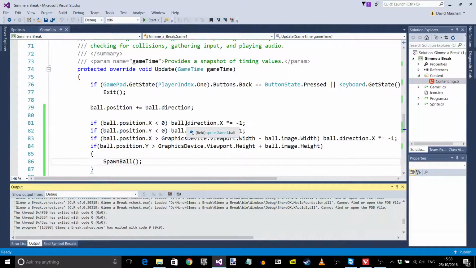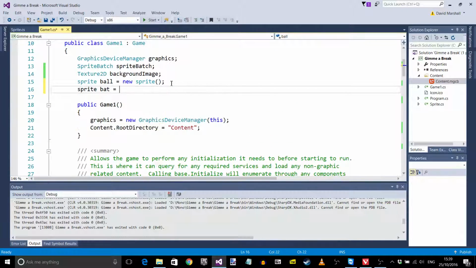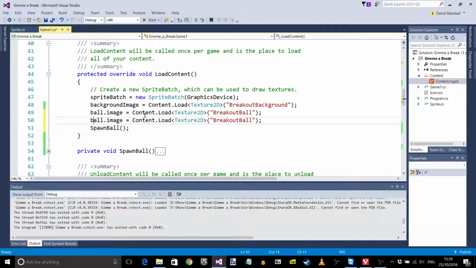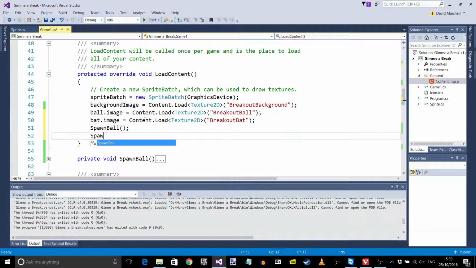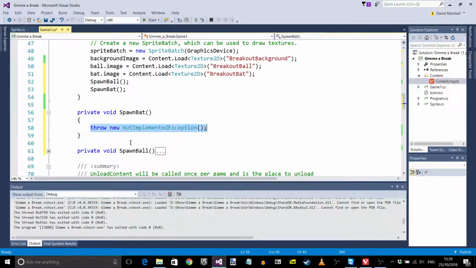That's our ball. Next we have the bat. So, sprite bat equals new sprite. Load in the image. I bet you saw that coming. We're probably also going to want to respawn the bat at some time, so let's add in a spawn bat call, but that doesn't exist yet, so let's fix that by generating it. There's made spawn bat. Spawn bat will crash it by throwing an exception, so let's take that out and put in some code to make it actually spawn a bat,